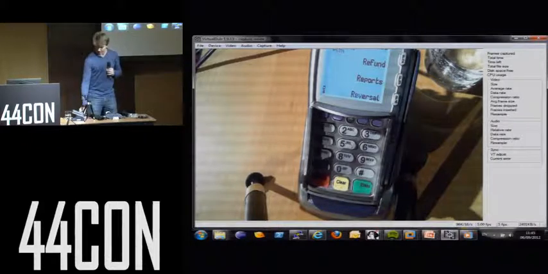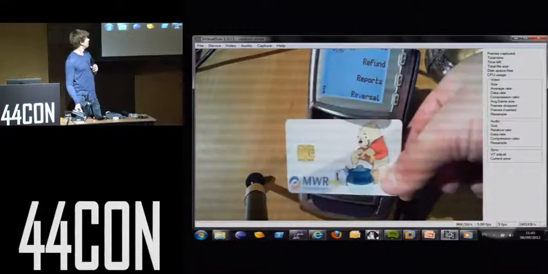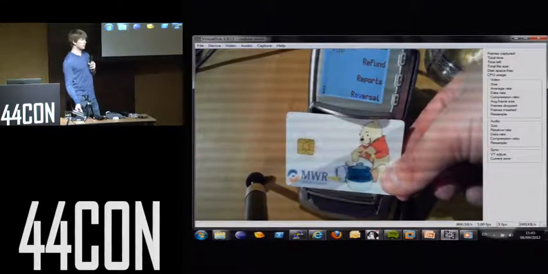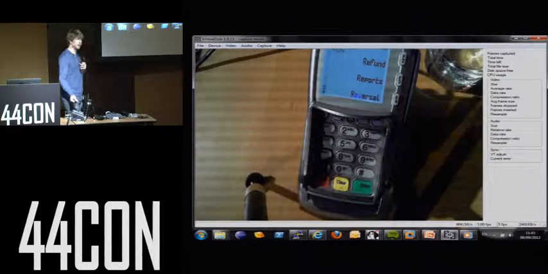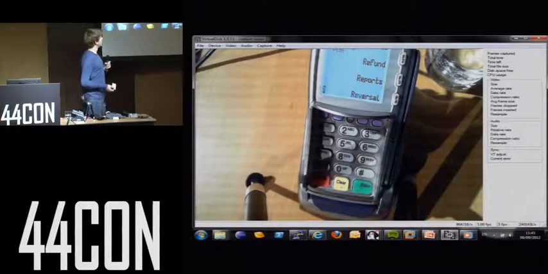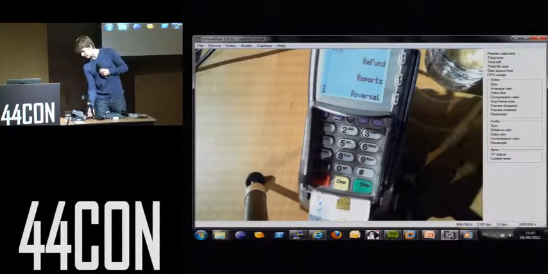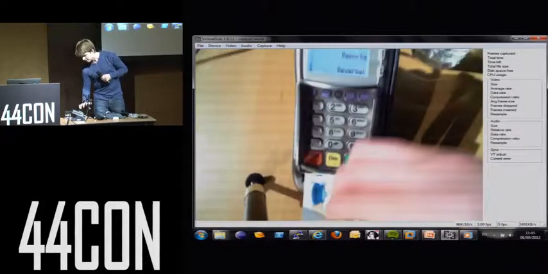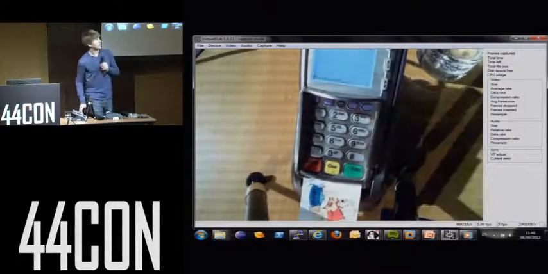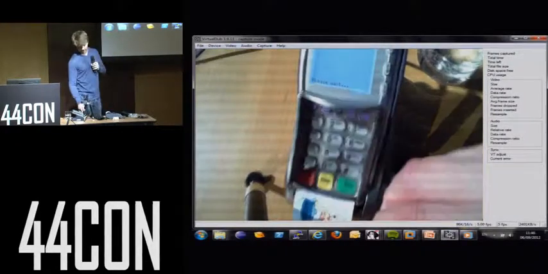And you can do multiple payments throughout the day, and at the end of the day, our criminal comes back with Winnie the Pooh, who retrieves the honey, the honey in this case being the card numbers and PIN numbers from the device. Again, start the terminal, start a transaction. This device is still modified by us. So instead of doing a valid transaction,